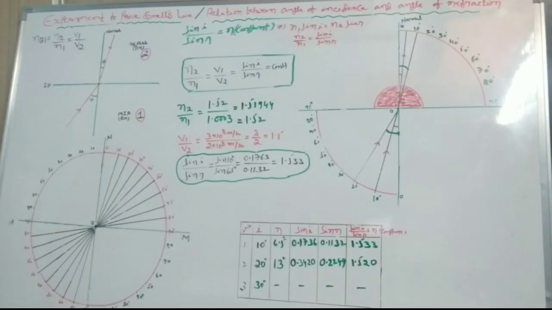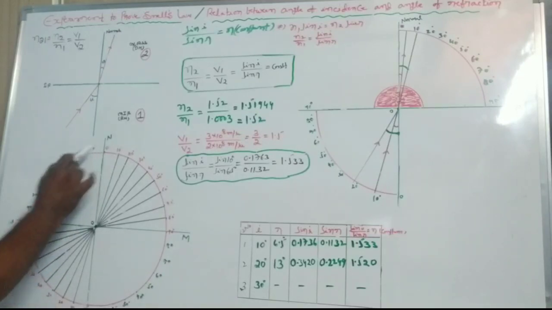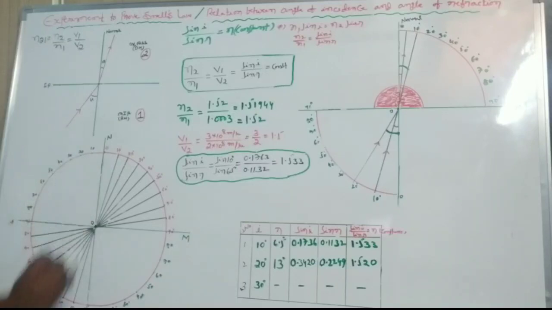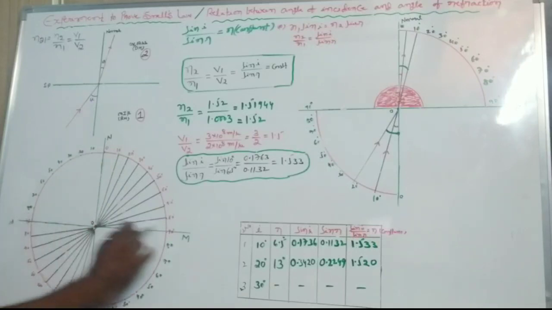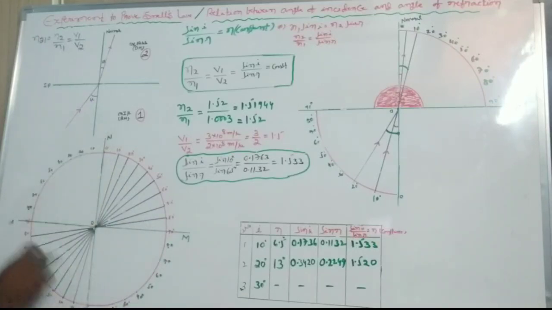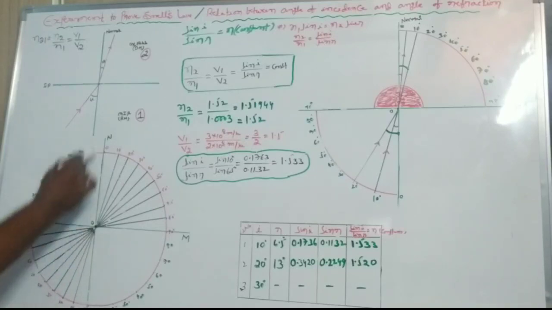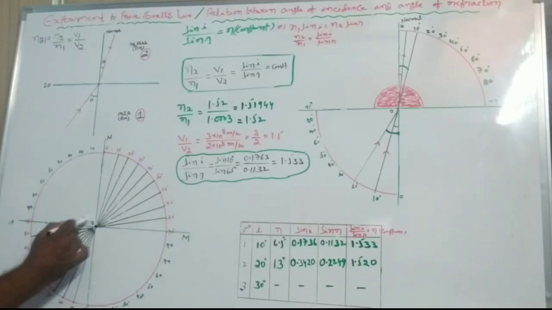Take a wooden plank which is covered with white chart. Draw two perpendicular lines passing through the middle of the paper. Suppose it is a paper. Now this is one line, this is the second line. So these two lines are perpendicular lines. Let the point of intersection be O. These two lines intersect at this point, so that is O.